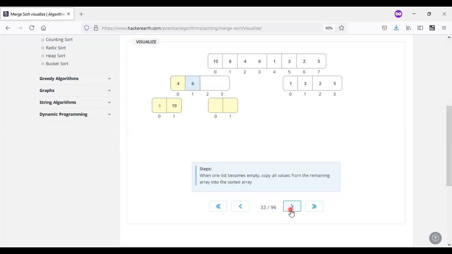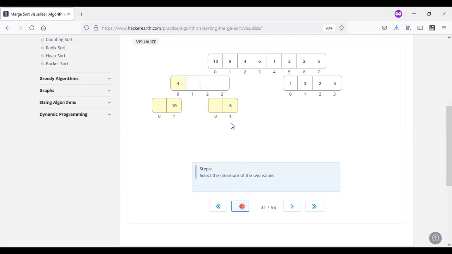When this list is empty, we need to copy all the elements into this one. No need to shuffle or sort this one. Why so? These two are in sorted order, so there is no need to compare with the 10 or anything, because 10 is greater than 8. If 8 is greater than these two values, then the remaining values will be greater than that value only. So what it has done: is 8 greater than or equal to 4 or not, we have seen. If it is greater than 4, what does it have to do?